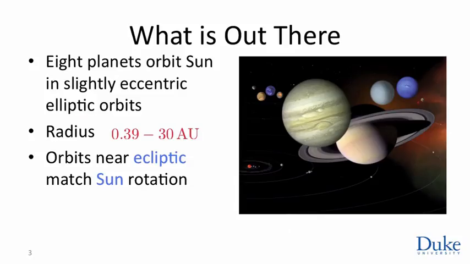What else is out there? Well, primarily what we think of as the solar system is the 8 planets. The sun is orbited by 8 large, round objects in slightly eccentric but almost exactly circular orbits of various sizes, ranging from 0.4 astronomical units, Mercury being the closest planet to the sun, all the way out to 30 astronomical units, so 2 orders of magnitude of orbital radius, all the way up to Neptune. And we see in this nice image that there's a nice cluster of very small inner solar system orbits, and then the more widely spaced outer solar system orbits, and essentially the space between the planets is mostly empty.